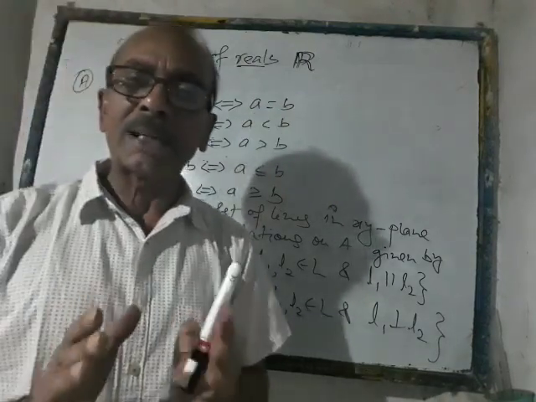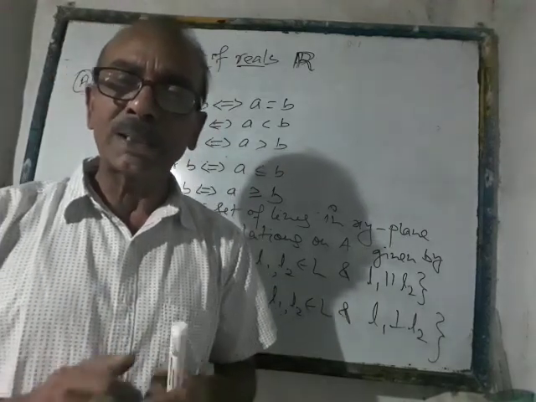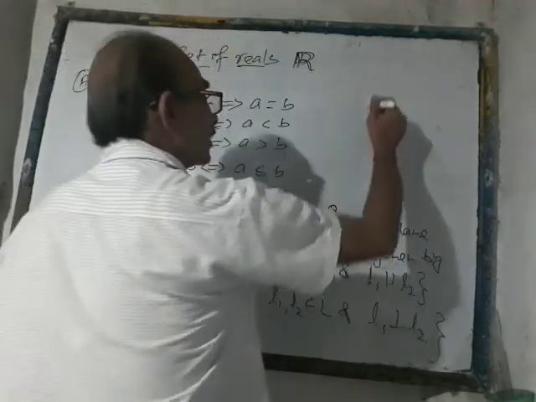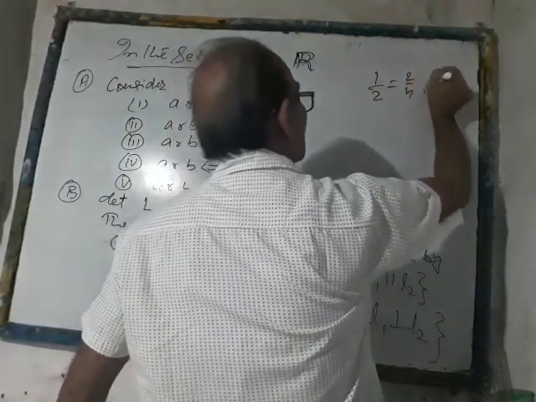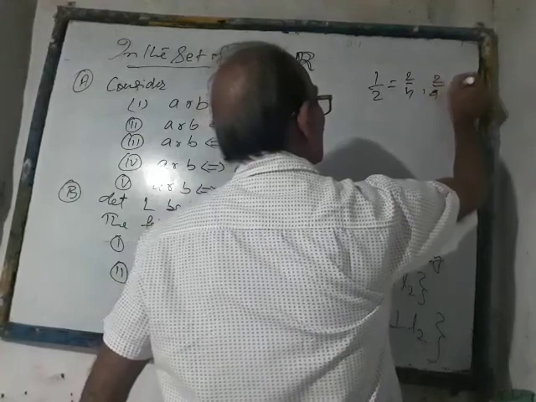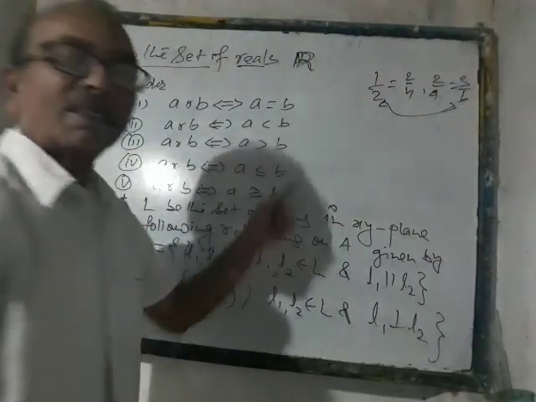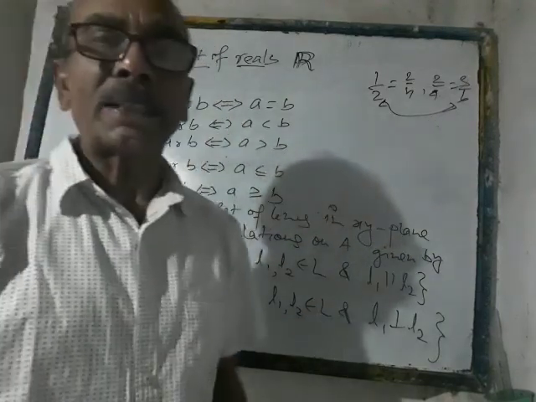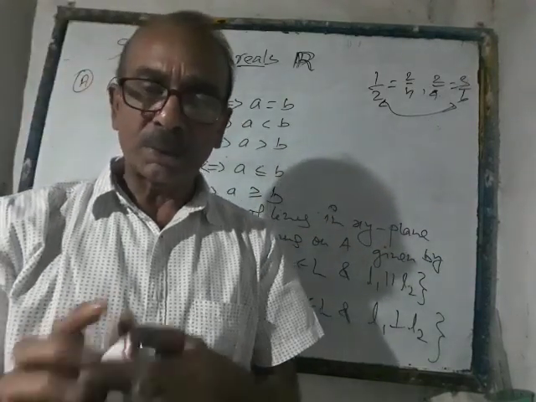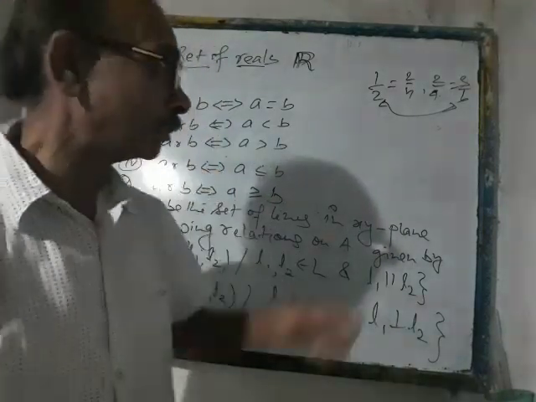So if I say that A is equal to B and B is equal to C, now you just tell me whether A is equal to C or not. So for example, if I say that 1/2 is equal to 2/4 and 2/4 is equal to 3/6, naturally 1/2 is equal to 3/6. So you may be saying that this concept holds, that A must be equal to C. So if A is equal to B and B is equal to C, naturally A and C would be equal.